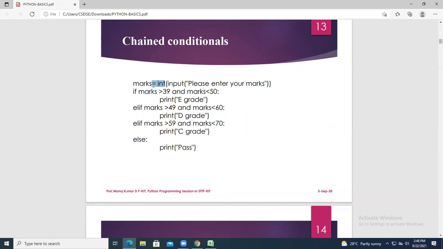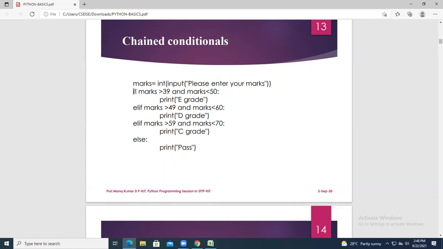Okay. So input is taken and I have given the conditions. If marks is greater than 39 and less than 50, this grade, else if. There is no else if here; in Python programming, we call it elif. So elif, marks is greater than and less than, this is the condition. Else, marks greater than, less than, this is the condition. And finally, you come for the else. Keep in your mind, when you are using if, there should be a colon here.